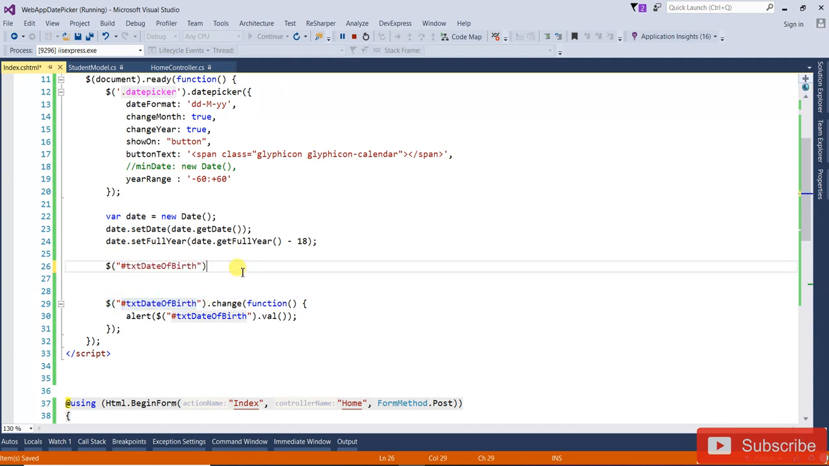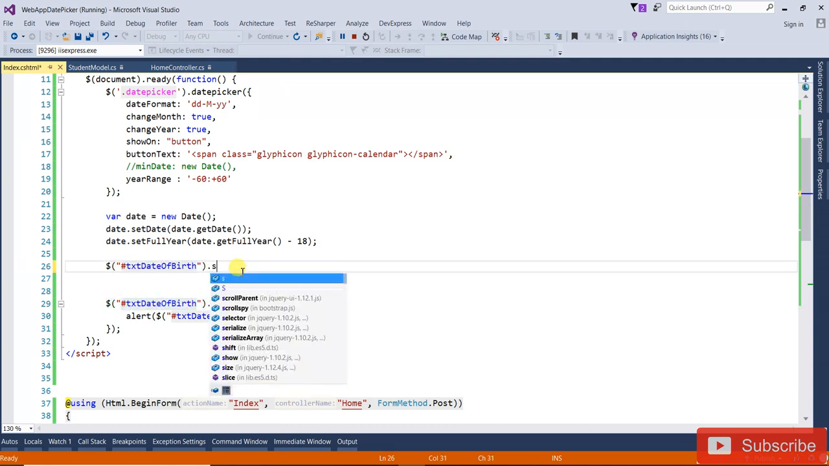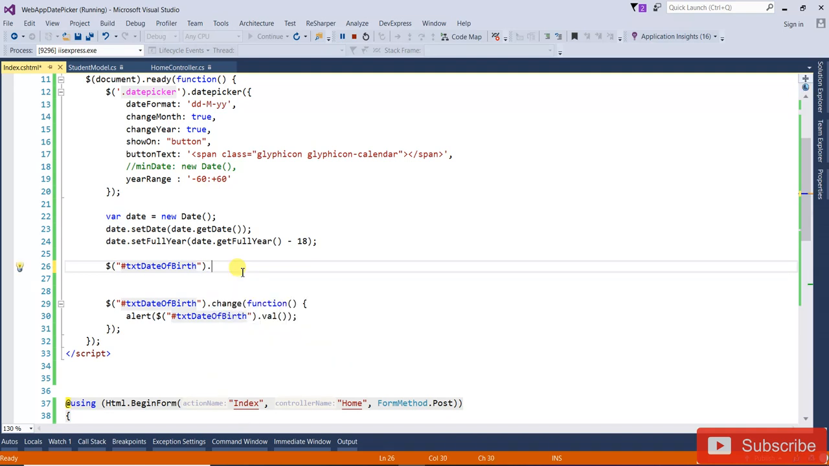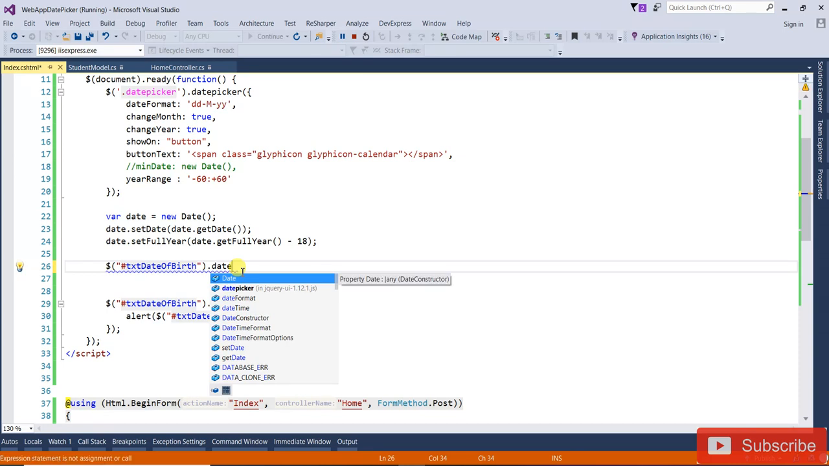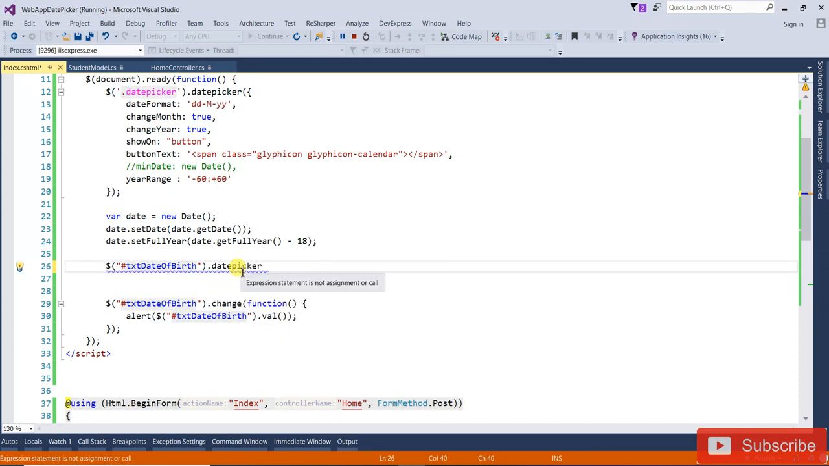Okay, now I'm trying to set that in this date time picker. So just select that, dot. First I'm going to set the date, this one dot datepicker. Inside that, we can write the properties once we use it dynamically, this way you can do it. So you can write setDate, what's the date? That is this date. Okay,